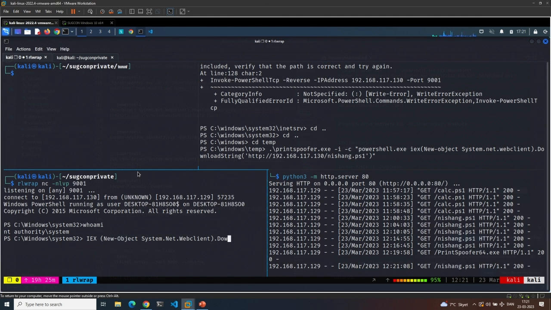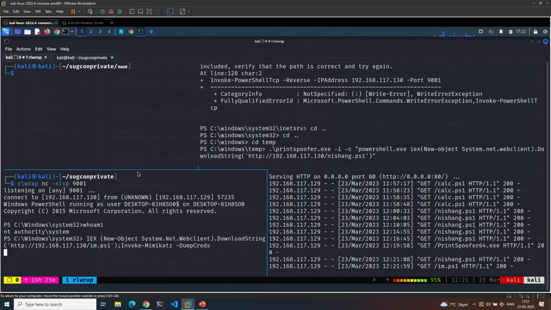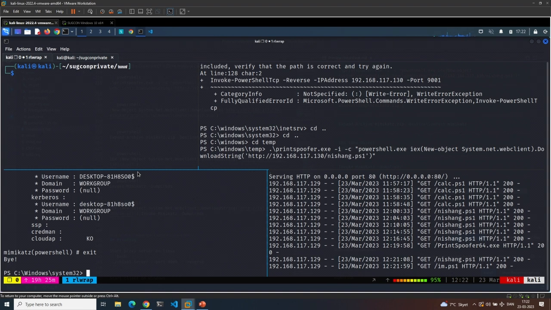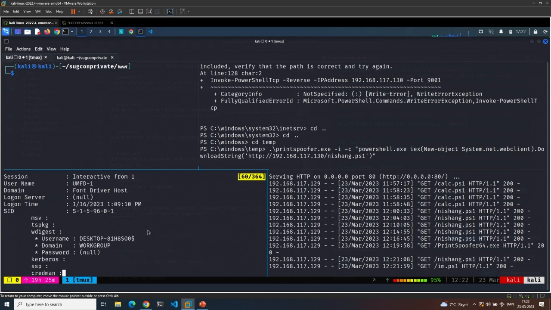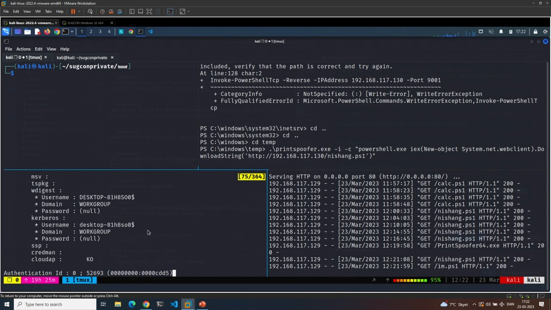And while it's running, what do you think I'm going to dump? In earlier versions of Windows, it dumped clear text credentials. In later versions, unless you did something really stupid in your registry, it's just going to dump the NTLM hash. And the NTLM hash is a hash of your password. So here, I can scroll up.